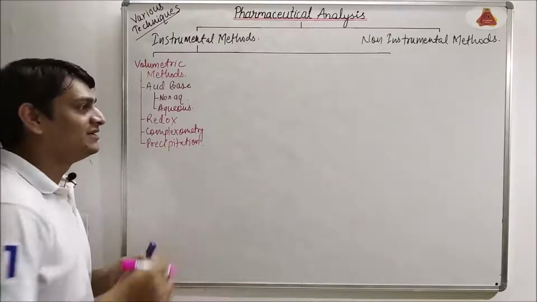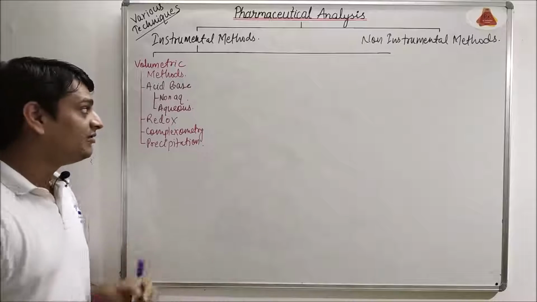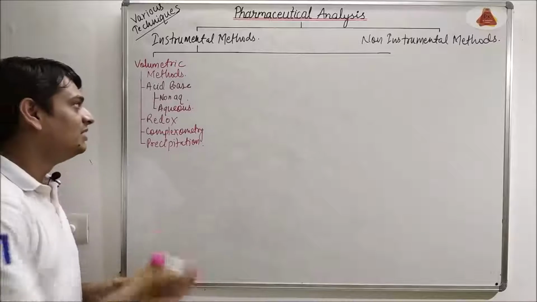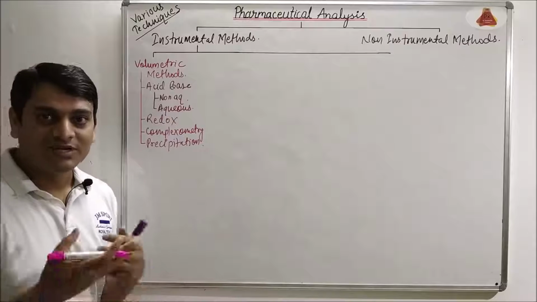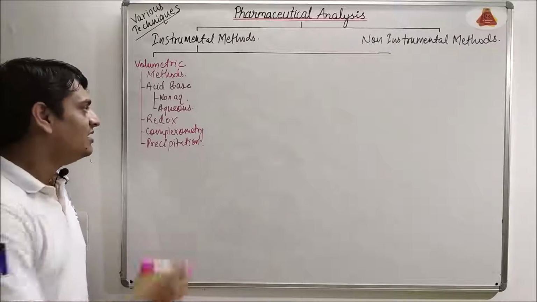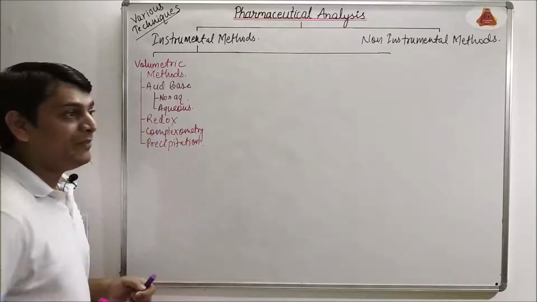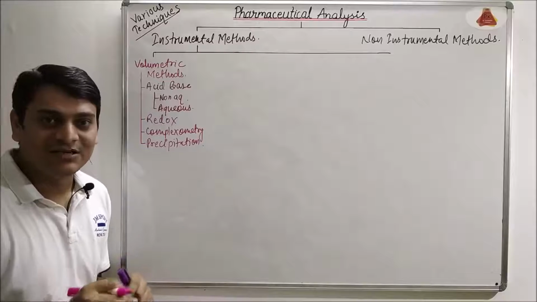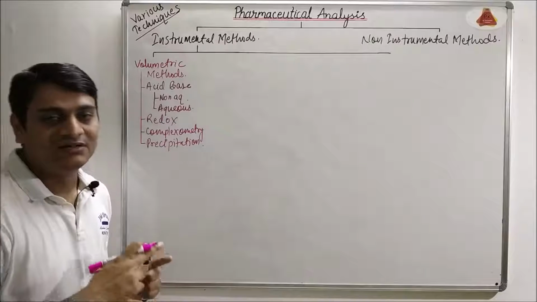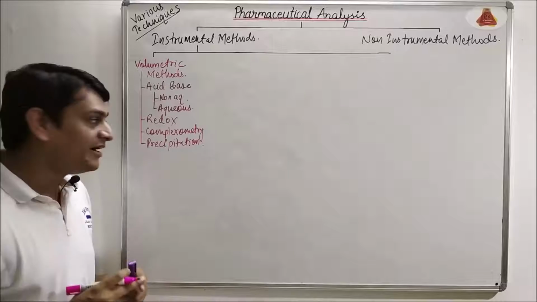Generally non-aqueous titration is used for determination of very weak acids or very weak bases. I have already uploaded the videos of non-aqueous titration. You can watch my playlist, so you will get many methods which are already uploaded. Now coming to the next one, which is redox titration. In redox titration, the mechanism of redox reaction takes place, means there will be reduction and there will be oxidation in the same reaction, and volume of titrant will be measured.